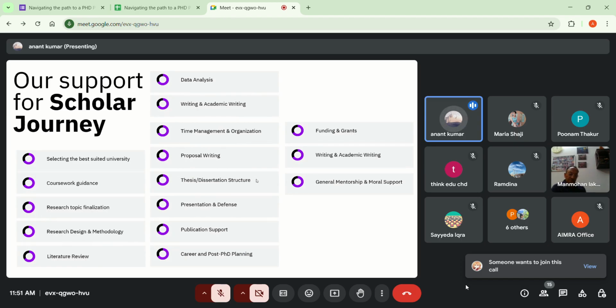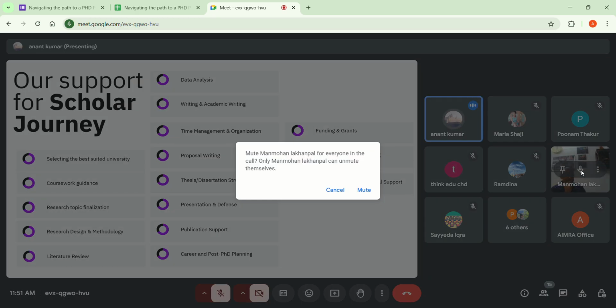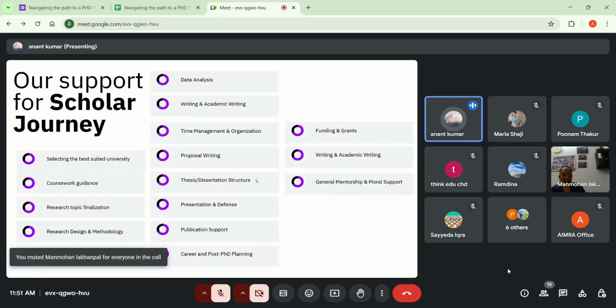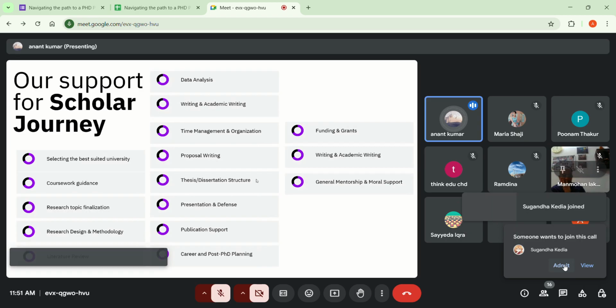Because sometimes you have to visit the university, and your guide would ask you to come and discuss. So it should be easy for you to visit the university. We'll give you coursework guidance and research topic finalization. We'll give you the list of research topics, and after discussing with you, you can finalize it with your guide.